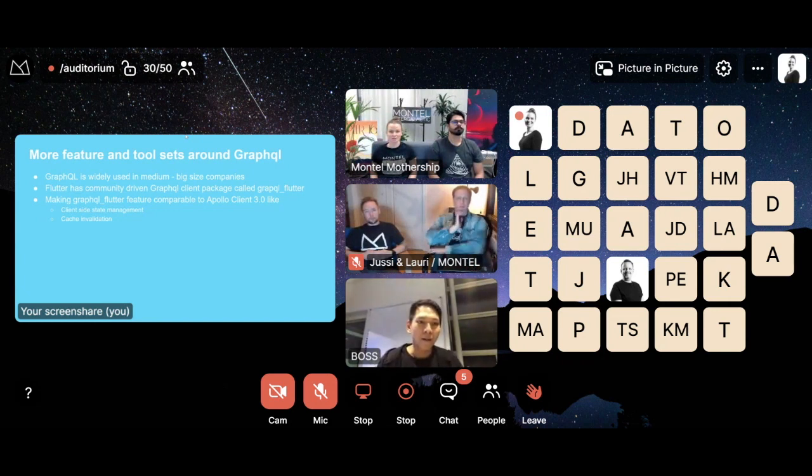Also, there's not many features and tool sets around GraphQL, like at SOK. We had this project where we use GraphQL and we require client-side management, and we were considering two options for cross-platform, which is Flutter and React Native. But we found that Flutter GraphQL, which is like a community package, they don't support client-side state